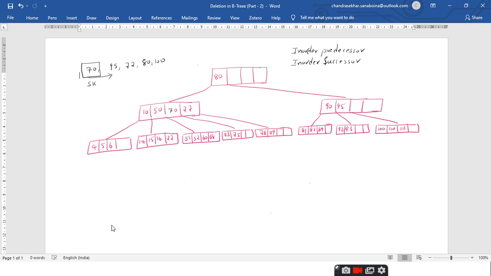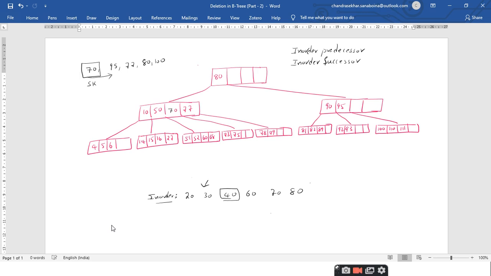For example, I have the elements 20, 30, 40, 60, 70 and 80. Let us assume that this is the in-order traversal. Now tell me, for this element 40, what is the in-order predecessor? Predecessor means which comes before that element. 30, right?